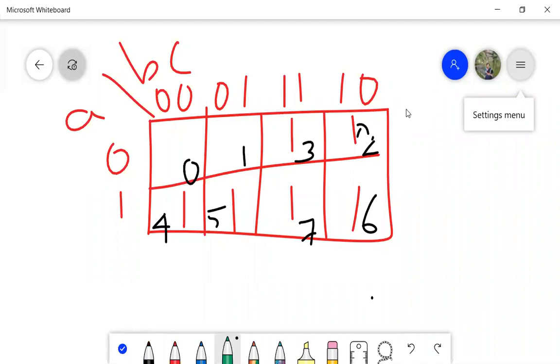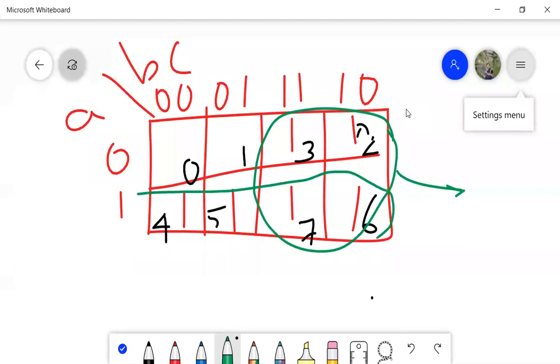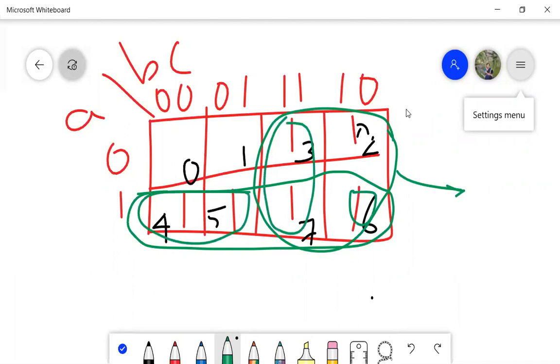Then how do I simplify? We don't have an octet over here. So I have a quad over here. This is one quad, and I also have one more quad over here. If you see carefully, one straight line is also a quad. Did I have 6 in the question? I did not have 6 in the question, I guess. So this is a 0. So this will be one pair over here and this will be one more pair. There is no 6 in the question.